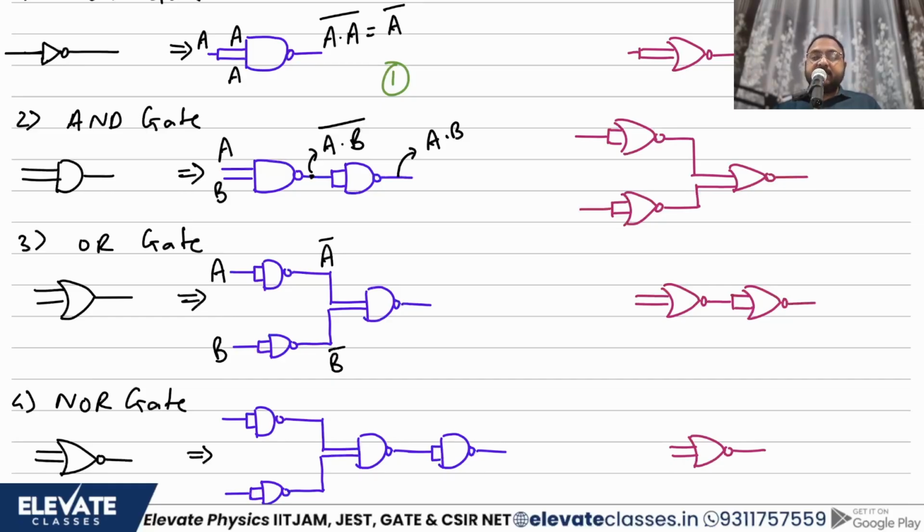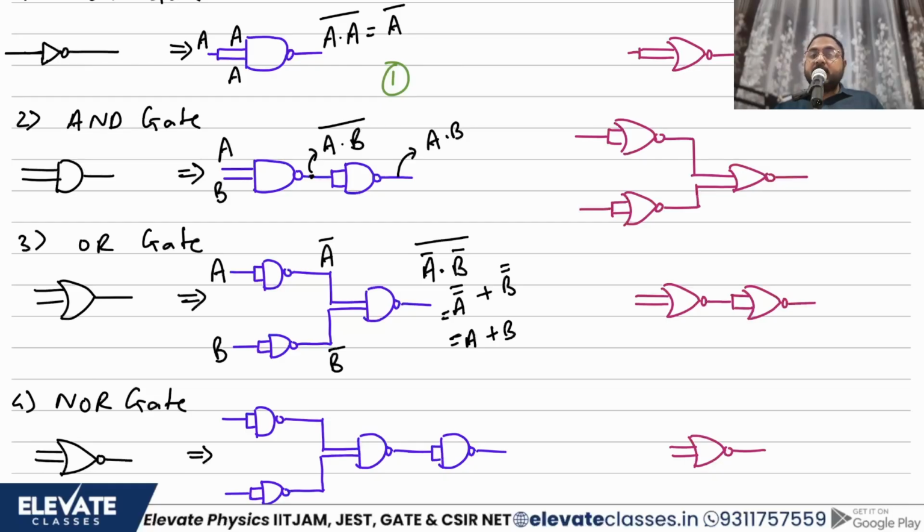There's another NAND gate over here. So what's the output over here? Output will become A bar dot B bar complement, correct? A bar dot B bar complement. Now what can we do? We can use De Morgan's law over here. So if we use De Morgan's law, the dot will become a plus and the complement operator on top is broken. Operator on top, which is joined, is broken. So now how can I write this? I can simply write this as A plus B.